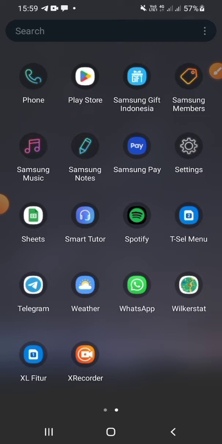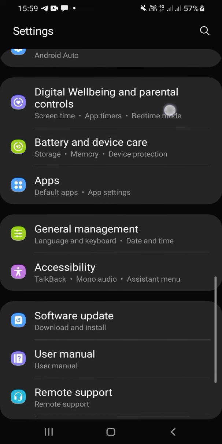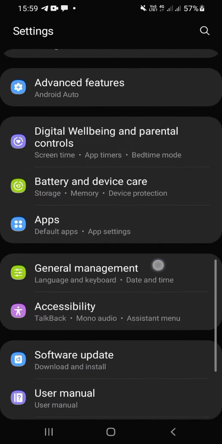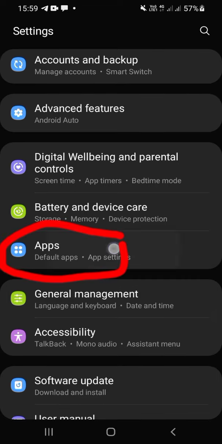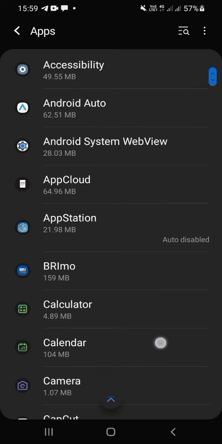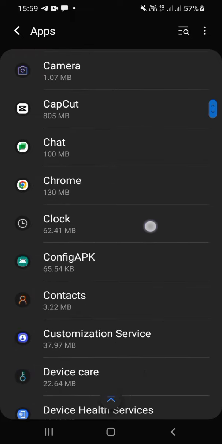First of all, go to your settings on your phone. And then you have to find the apps option in your settings. Scroll your screen, and here is the apps option, and click on it. And then choose the app that you want to clear the cache, and I'll go with